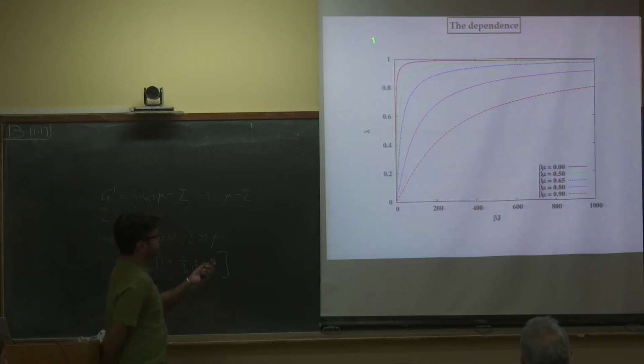The vertical axis is lambda in units of 2 pi T, I think, so the maximum it can get to is 1. Lambda is the Lyapunov exponent, lambda L essentially. This is the object that you can extract out of this calculation. As the coupling becomes stronger and stronger for beta mu equal to 0, which is the usual almost SYK with complex fermions, this curve actually goes all the way to saturate the bound.